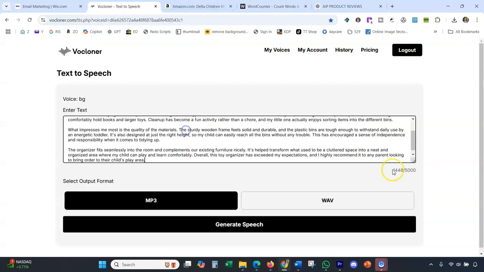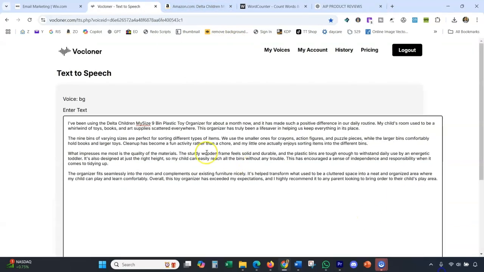We'll use my voice. We'll throw the text in there. Drag it down so we can read this. I've been using the Delta Children My Size. The only thing you do need to adjust sometimes with these ChatGPT scripts is the beginning. It'll say, I've been using the Delta Children. Nobody's going to say that in real life. Remember, we're going to be showing the actual product in the video. So I've been using this